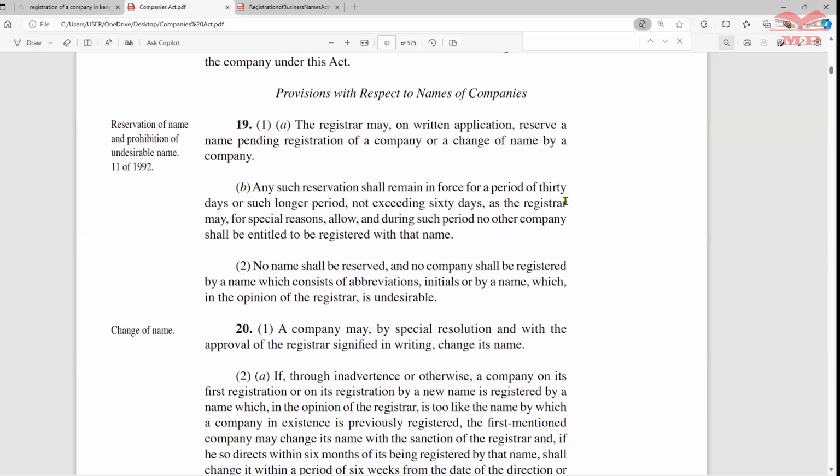You have not been allowed by law to use that name. So it will be rejected. So when we name a company,